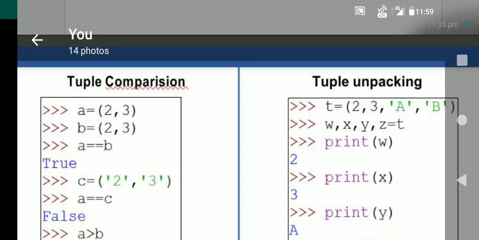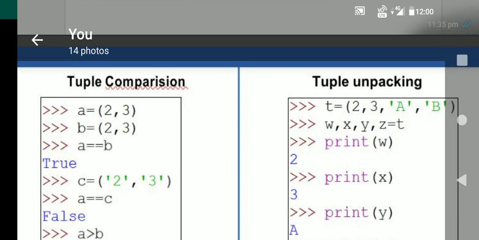Now tuple unpacking. Unpacking means we have different values in the tuple, and now what we are going to do is transfer all the tuple values into different variables. So it means unpacking. We are scattering all the values into different variables. Suppose we have a list of the marks of 10 students. So what we can do, we can unpack the tuple so that all the marks will be stored separately in different variables.